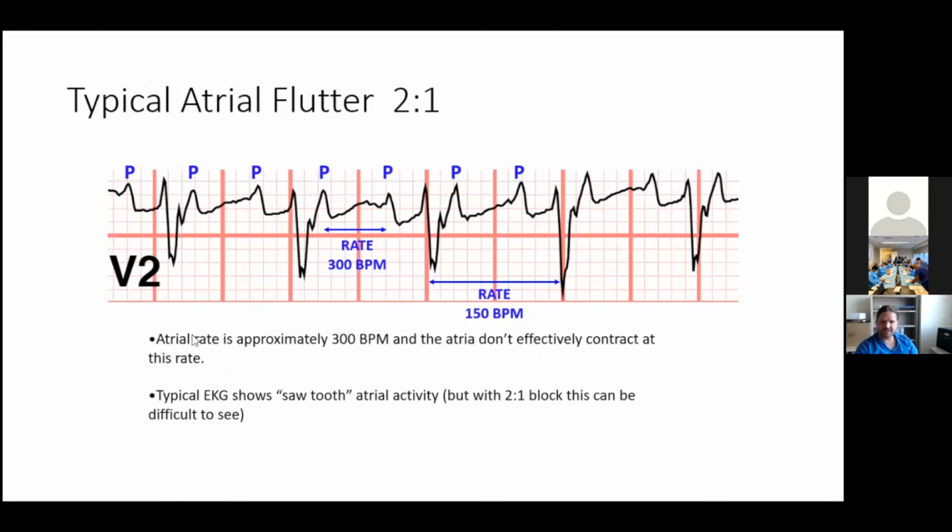This usually occurs with typical atrial flutter with an atrial rate of 300 beats per minute. Often the second flutter wave is going to combine in with the QRS, and be a little more difficult to see. So if you see a heart rate of 150, I always suspect that there could be underlying flutter with the sawtooth waves underneath. 2-to-1 flutter very often presents with a heart rate of 150. Often it'll get called sinus tachycardia, but if you look at a trend view on telemetry, you'll notice a quick jump up to the 150 and sort of a rhythm that's stuck there.